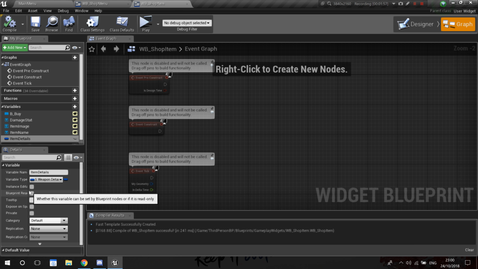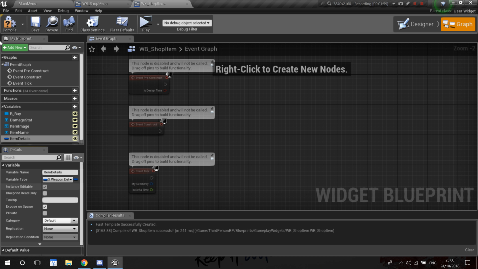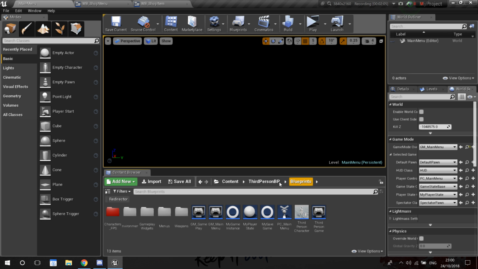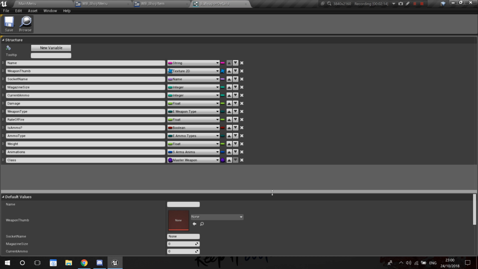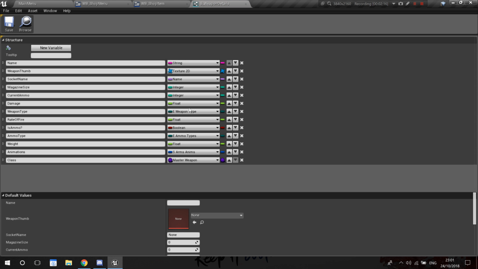I'm going to go ahead and do instance editable and expose on spawn because we're going to change that on our shop menu. But I'm going to go ahead and find that, weapons. See weapon details, and now I have a lot of stuff over here that you can see. You can see the types, and if you want to copy this. So I have the name, the weapon thumbnail, where it's going to go in 3D, so the socket name on our character skeleton, the magazine size for firearms, the current ammo, etc. This is the damage that it does, the rate of fire, the ammo,